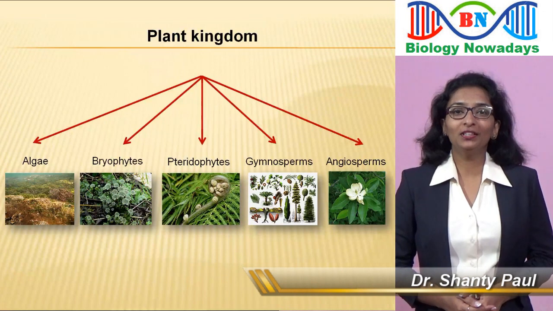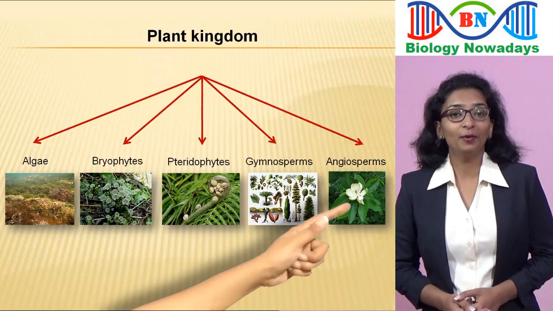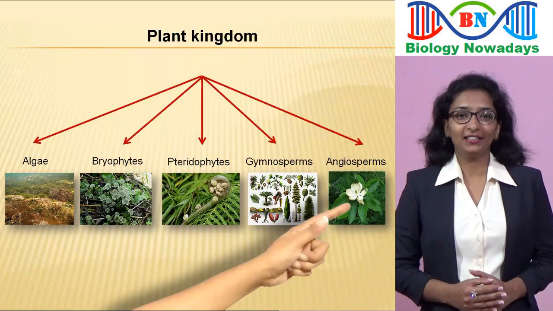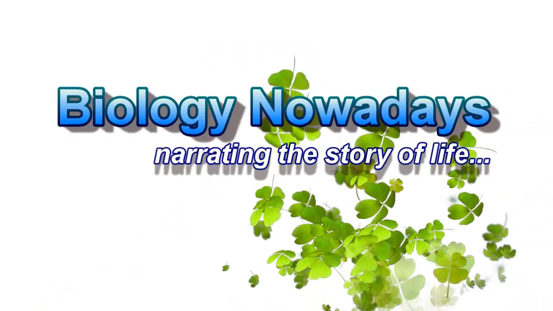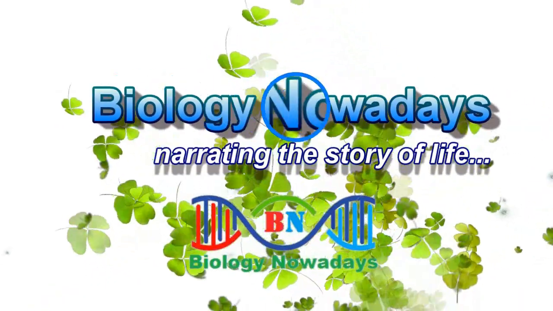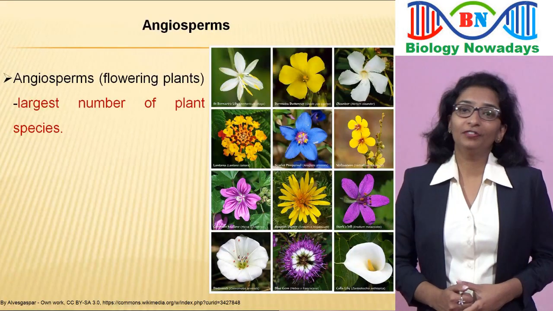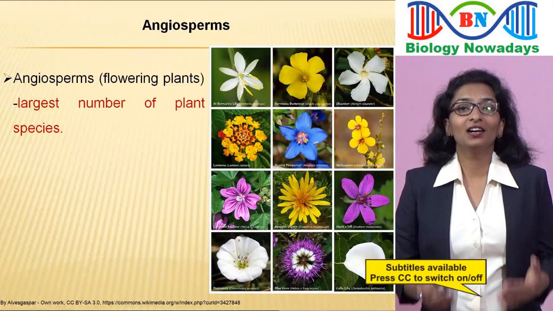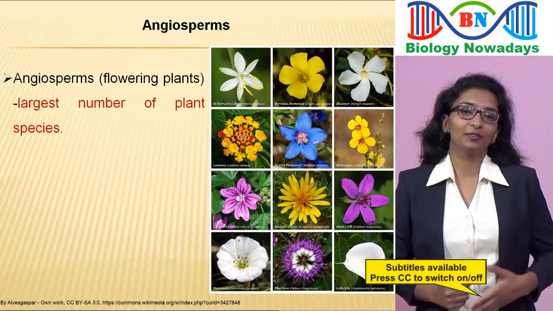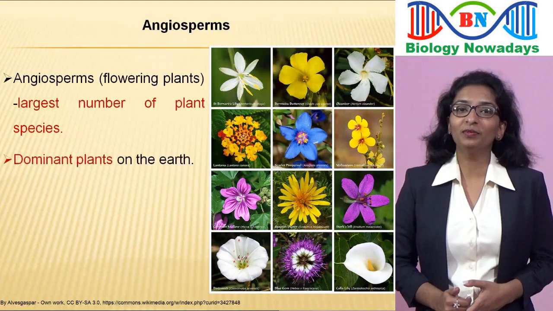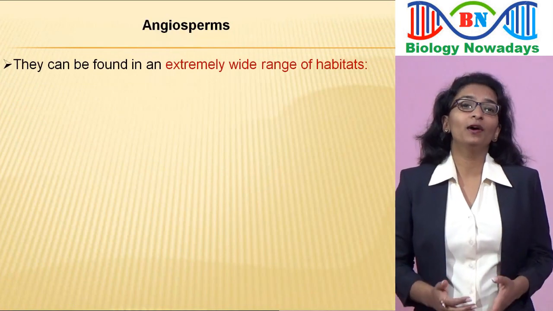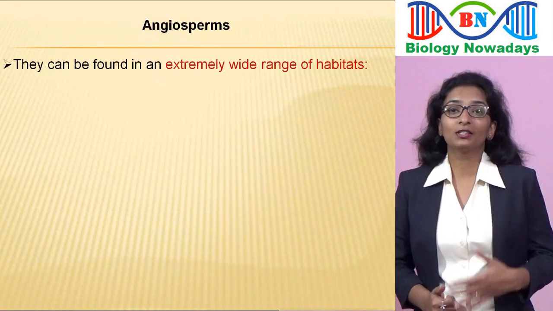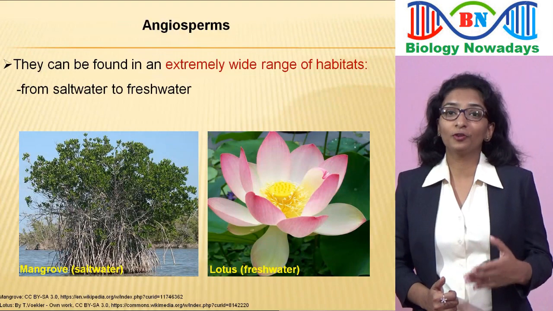In this video, we will learn about Angiosperms, the members of the fifth group coming under plant kingdom. Angiosperms or the flowering plants comprise of the largest number of species of any plant group. They are presently the dominant plants on Earth. They can be found in an extremely wide range of habitats, from saltwater to freshwater and from tropics to the